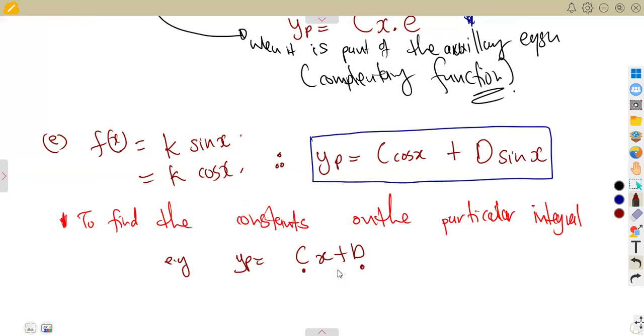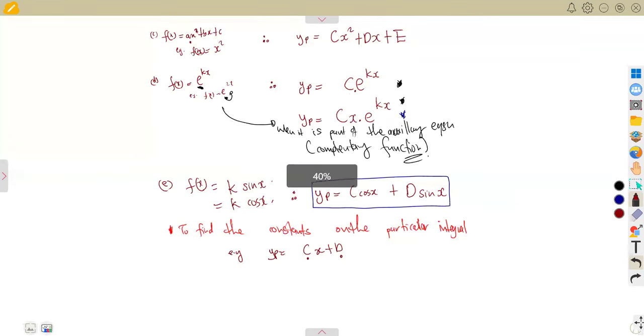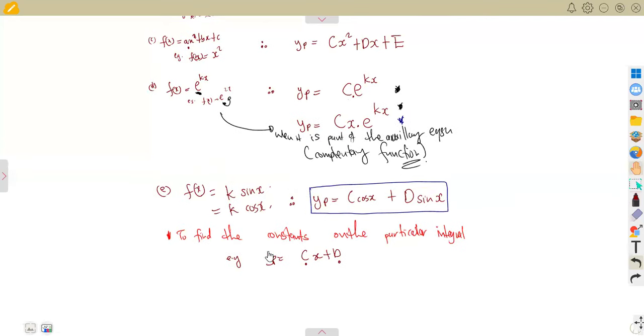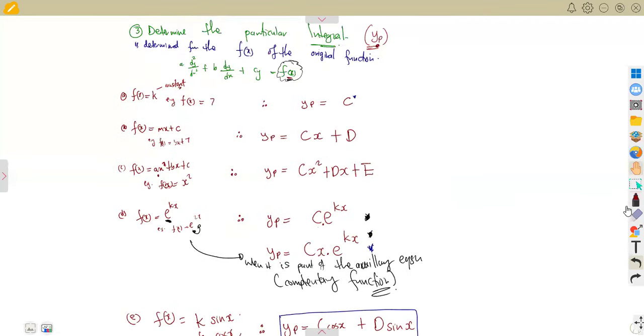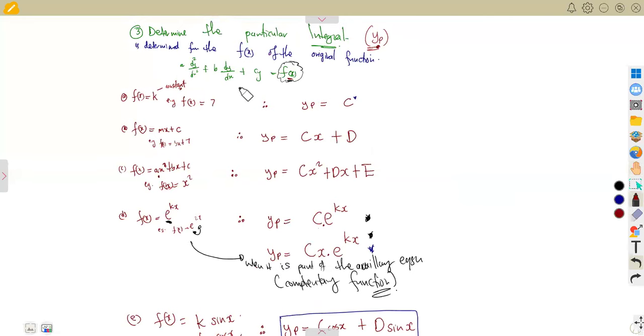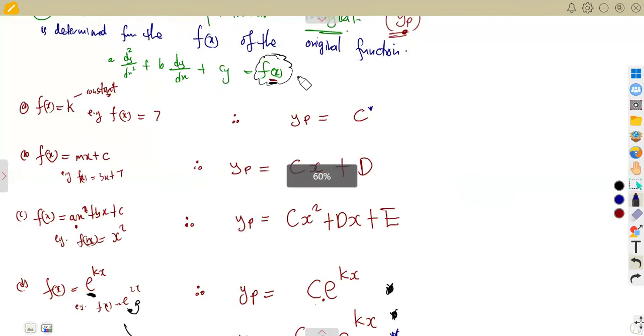So how are you going to calculate that? All right, so this is the idea here. You are going to relate with the original equation. This is what you have here. You are going to relate with this part of the